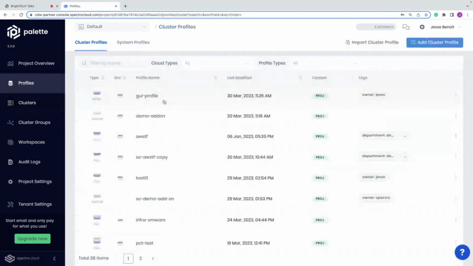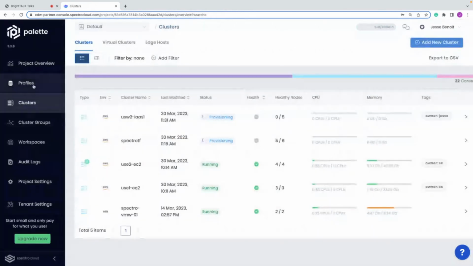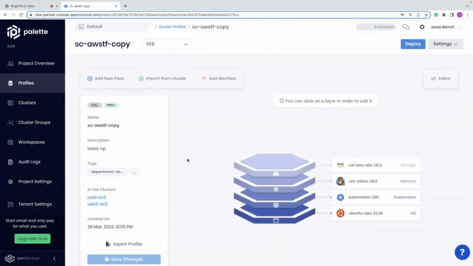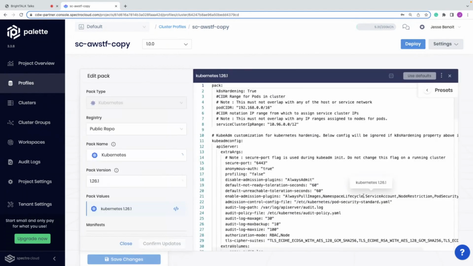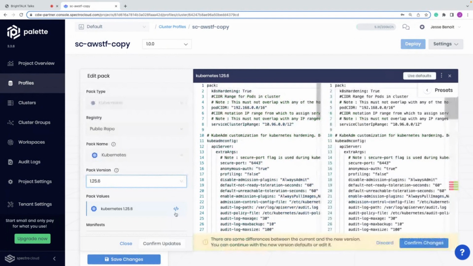Okay, yeah, you need to update your operating system. You need to deploy a new version. It could be any number of things. So we could just come into these here, back to the profile. So let's take a look at SC AWS copy. You can see that I have now deployed this and it's in use, this blueprint, cluster profile, we call it around here a blueprint. That blueprint is now deployed into 2 clusters that are listed here. Now what happens if I want to change it? Say change the Kubernetes version down to 1.25.6.